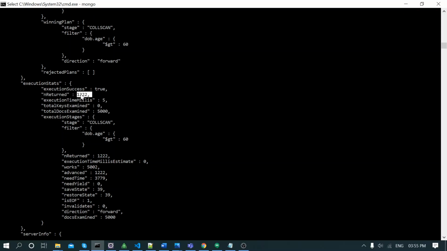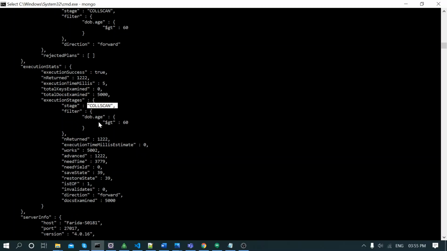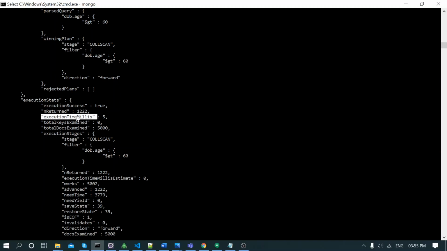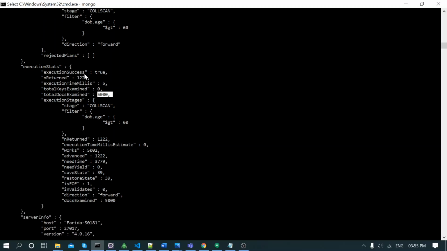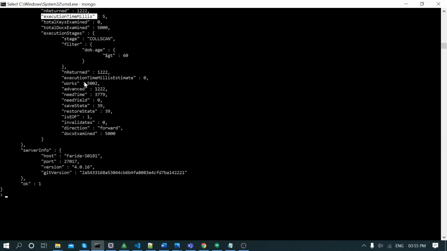In that it is retrieving only 1222 documents based on the collection scan, meaning it is going through all the documents and fetching these. It is taking execution time of 5 milliseconds. It is only 5000 documents, so it is retrieving quickly. But if millions of documents are there, it will take a large time, right?